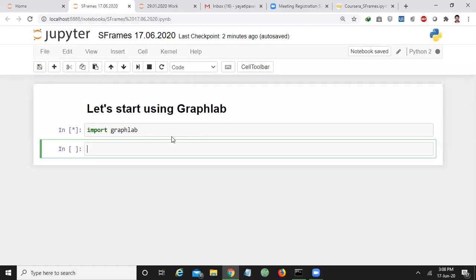When you observe here, when it is in the star symbol it means it is still under execution. Without the completion of this execution, don't go for the next cell. This star should convert into a number. Then you can see that the execution is completed for that particular cell. Then only you have to go for the next cell.